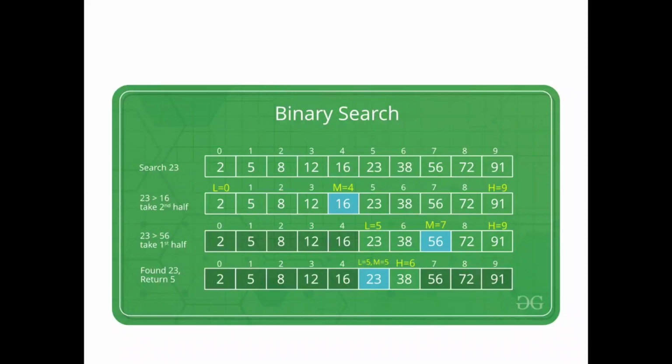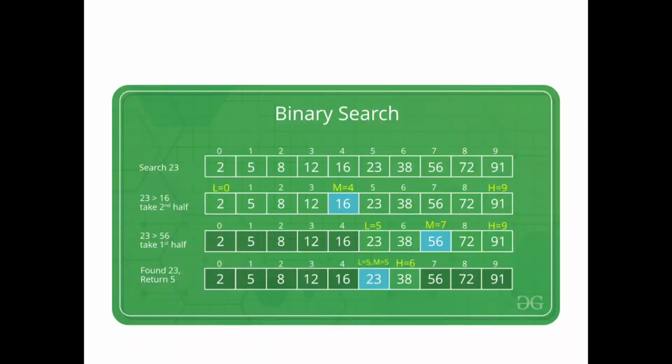In the diagrammatic representation, we have passed 10 values. The index starts with 0 and the last index is 9, so 0 plus 9 by 2 is 4.5, and the middle value is 4. Next, mid value equal to 4, and the value there is 16. In the second diagram, low is 0, high is the last position, and mid equals low plus high by 2, that is 4.